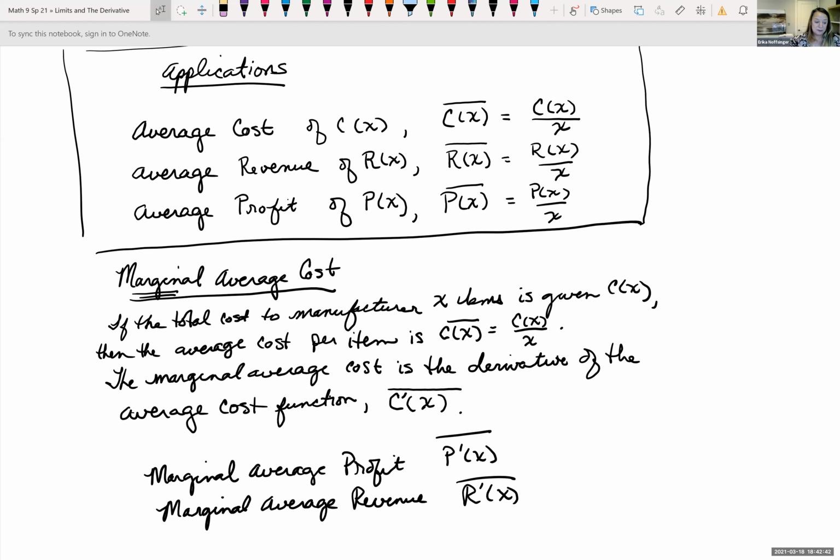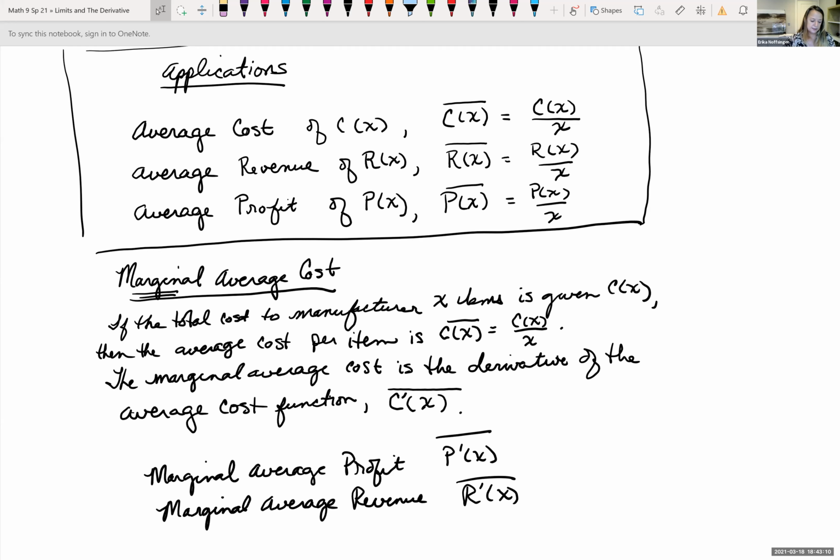Okay, so we're looking at applications. Average cost, just a reminder of our function C bar of x. You write it with C of x with a horizontal line over it, and that is equal to the cost function over x. So if we're trying to find the average cost of something, that's the formula we're going to use. Average revenue is similar, average profit is similar. You just have that revenue function with a horizontal line over it, and that's the same thing as your revenue